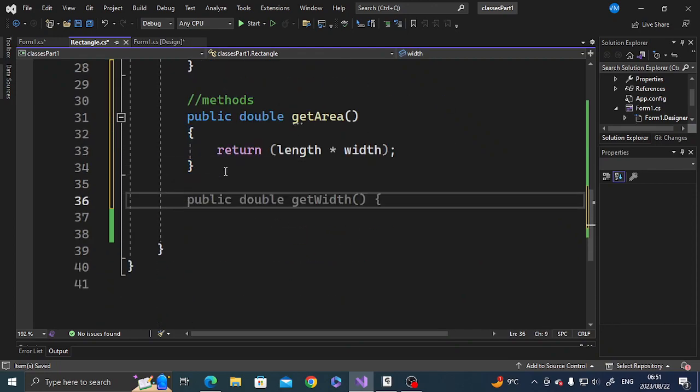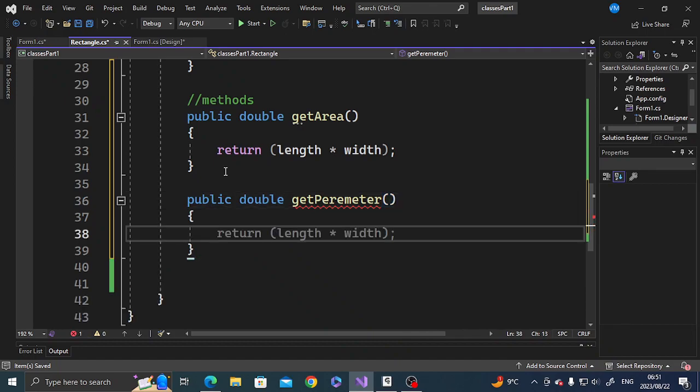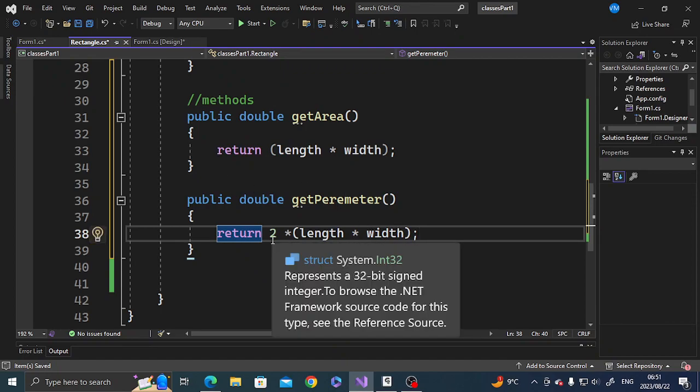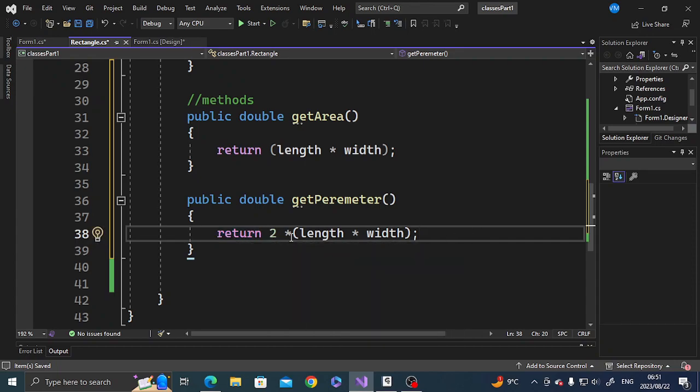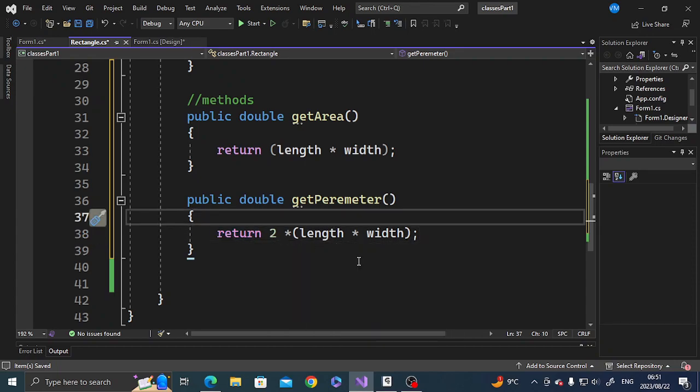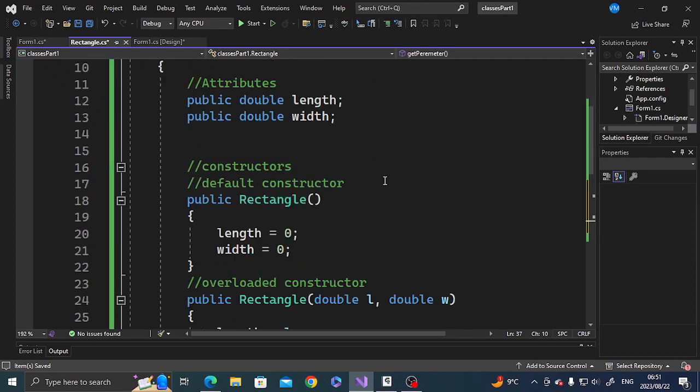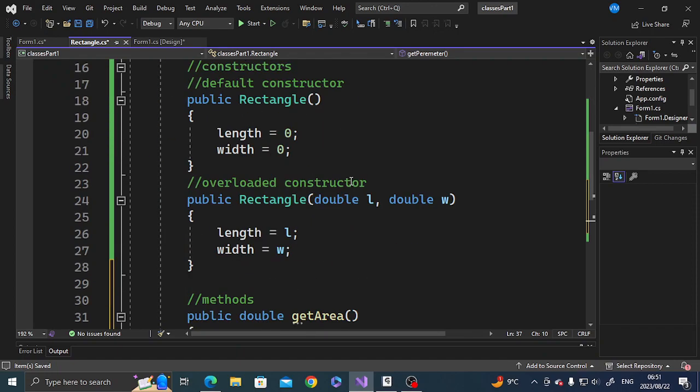Then we can do the same with the perimeter. So public double get perimeter, it doesn't receive anything because we are going to use those ones. So to get the perimeter, we just say 2 multiplied by the sum. This is basic math, so I'm sure all of you did pure maths, so this is not difficult. Or you can do it step by step, define a variable perimeter, then return that perimeter. So at the end, this is just a description. It's not an actual